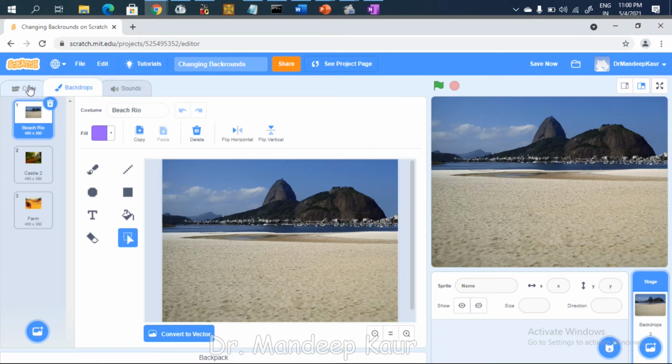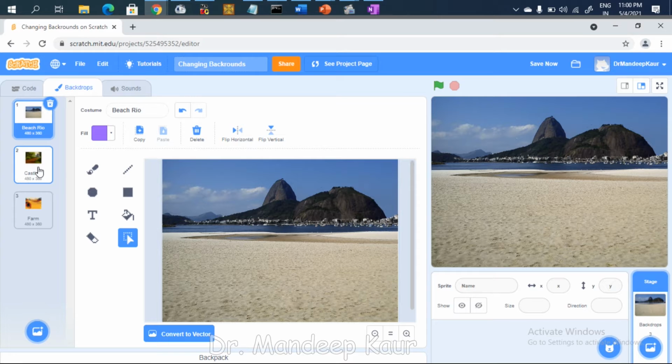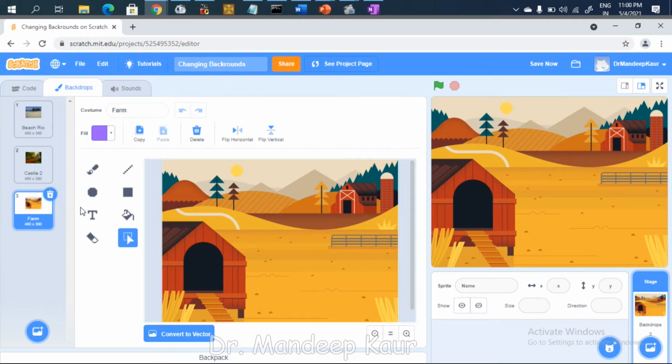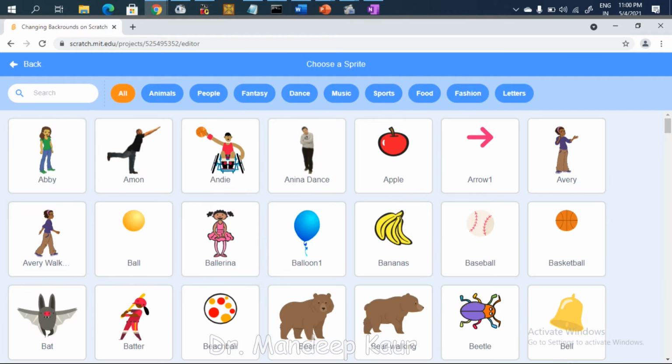At any moment you want to delete any backdrop, you can simply delete it from this sequence. I'll go to the code option. I have three backdrops: a beach background, a castle background, and a farm background. Now I'll select one sprite, one character who is telling us about how the scenes are changing.